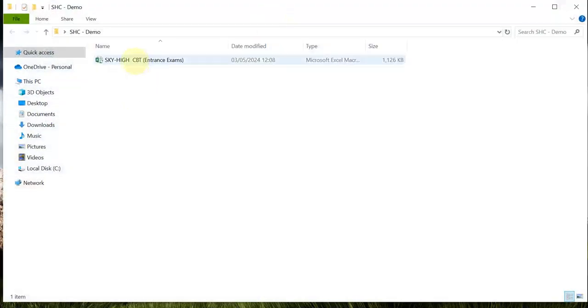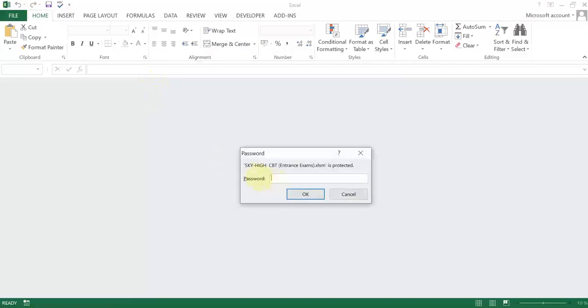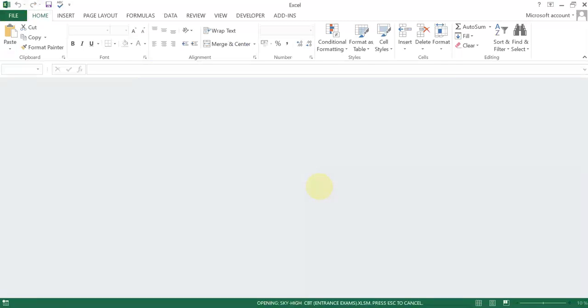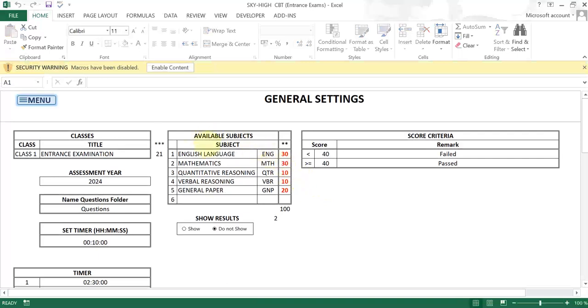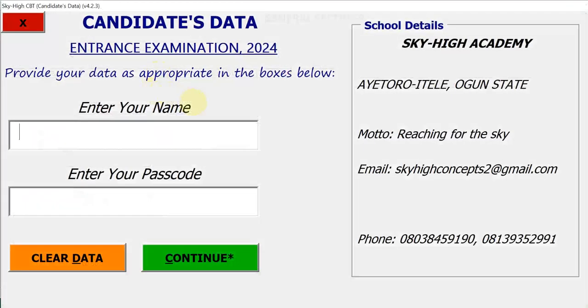For the purpose of this video, I created this folder, and inside that folder I have dropped the software. So what you need to do is open the software right away, and then input the password. The password for the trial version is ABC, and for the full version you'll be given the password as appropriate. So open the software for the first time. It will prompt you with a message to enable content, so you must do so. You need to click this button to enable content, and that comes up to this page